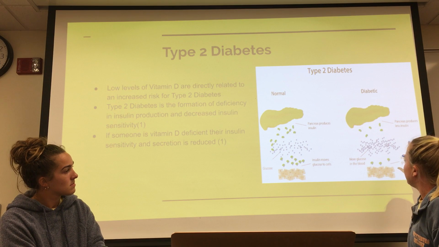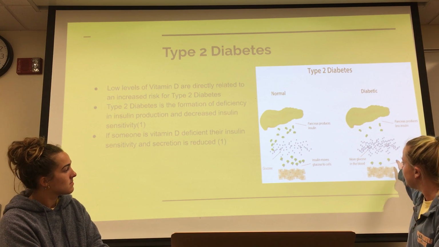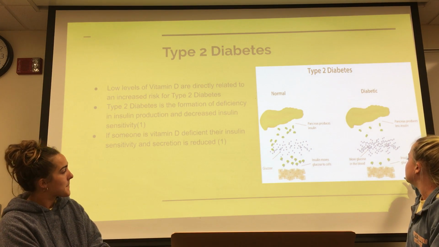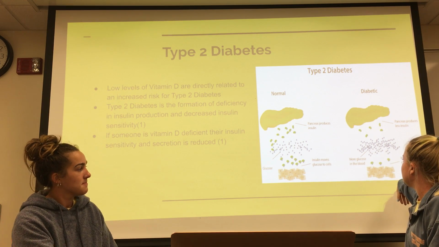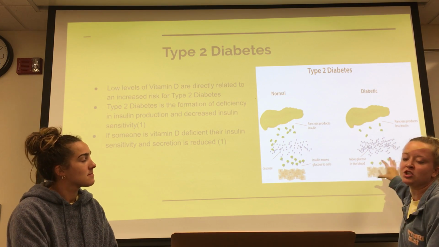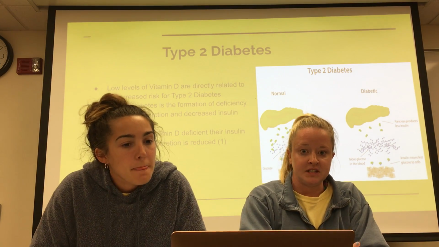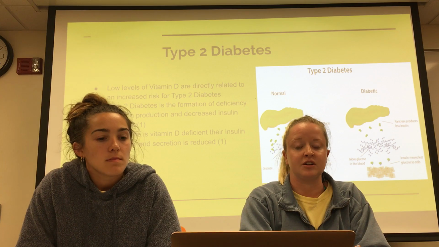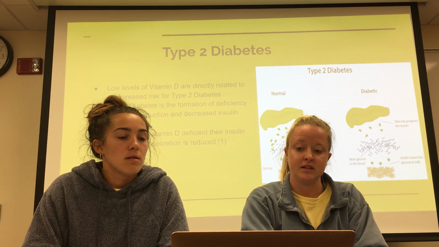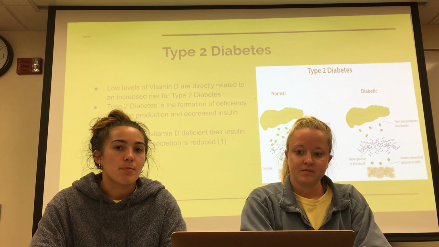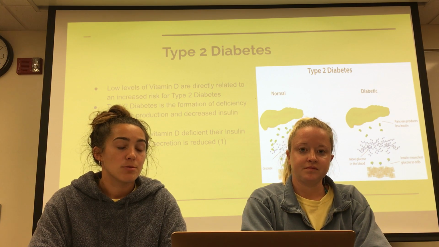But because there isn't enough production of insulin, there's a decreased insulin sensitivity, so there's not going to be as much glucose taken into the body, but there'll be more accumulation in the bloodstream. So all in all, if someone is vitamin D deficient, they have an increased risk of having type 2 diabetes. So as you can see, between the hypertension, lowering the blood pressure, and the type 2 diabetes fix